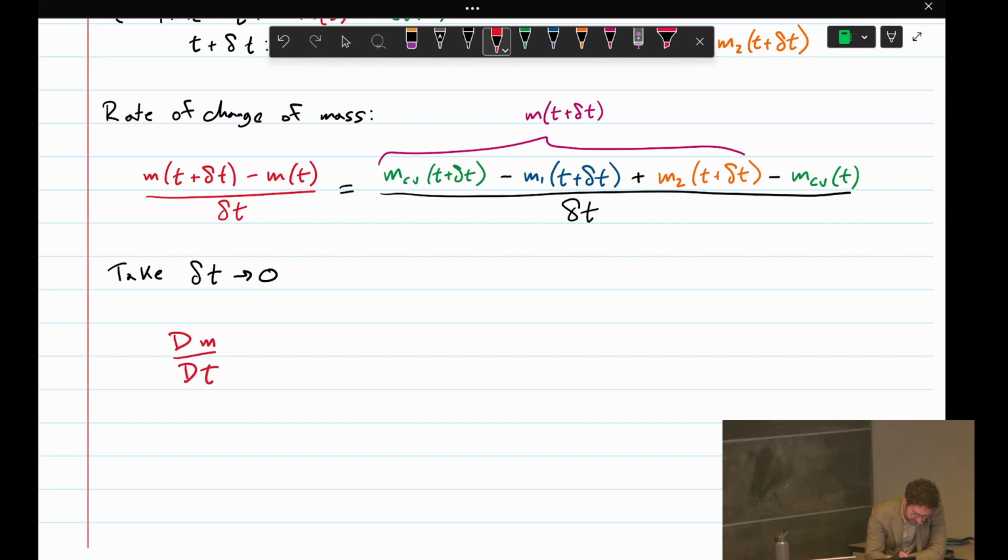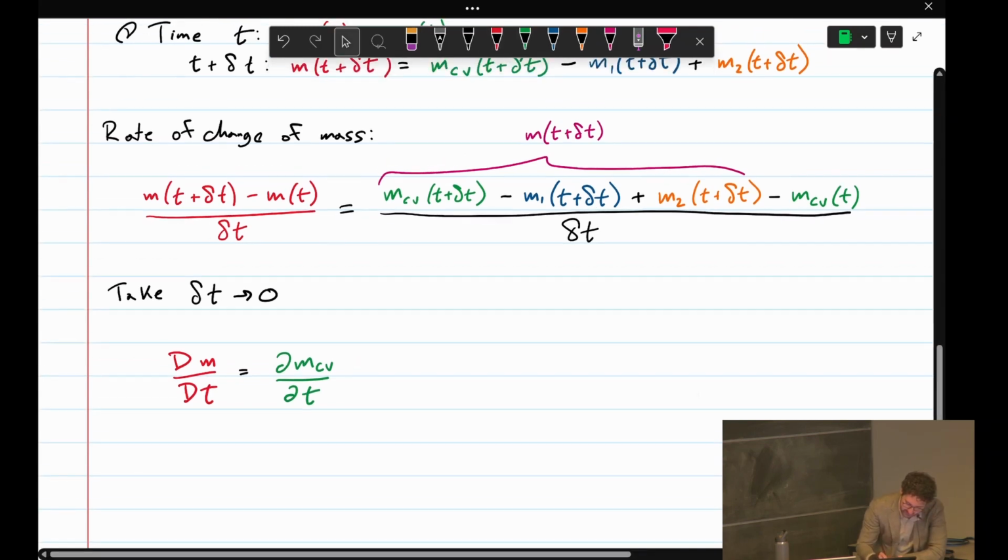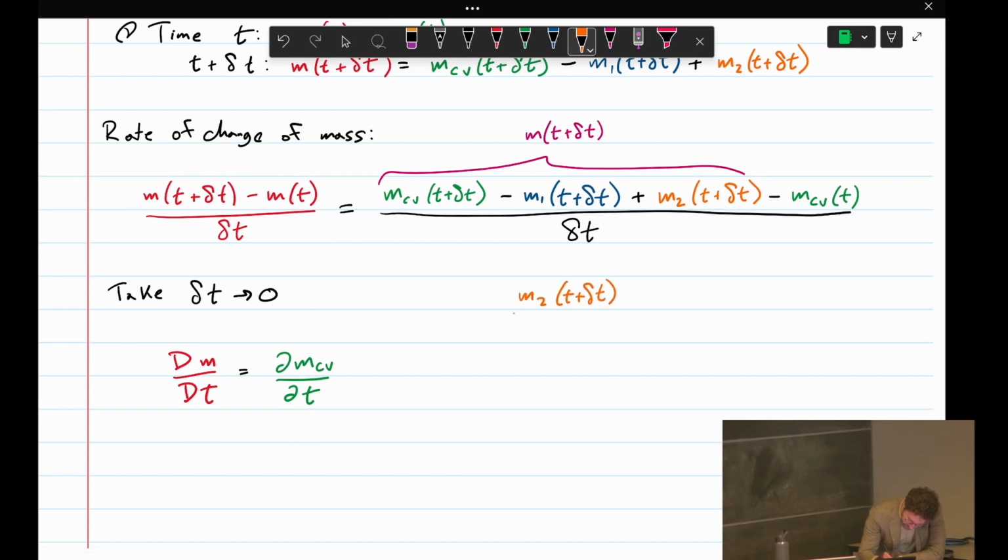Dm by dt equals partial m CV partial t. So this limit, as delta t goes to 0, this limit here. So I'm just doing this term